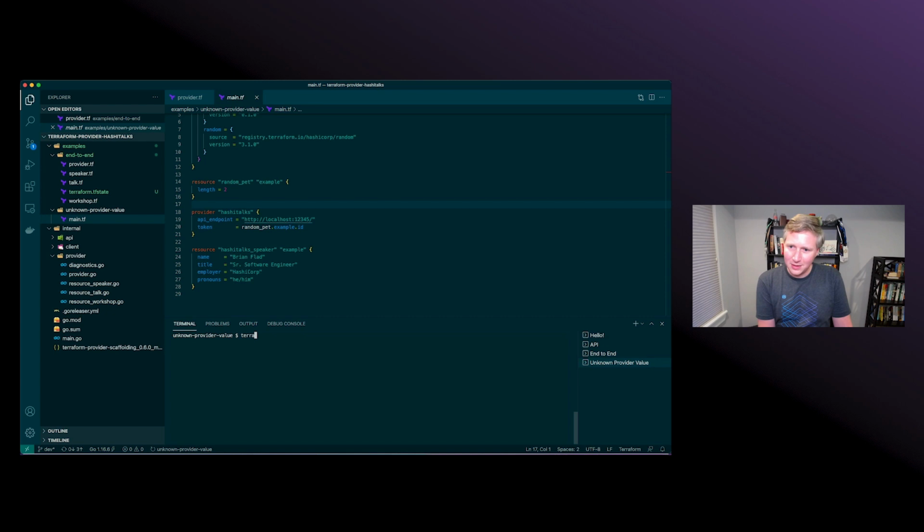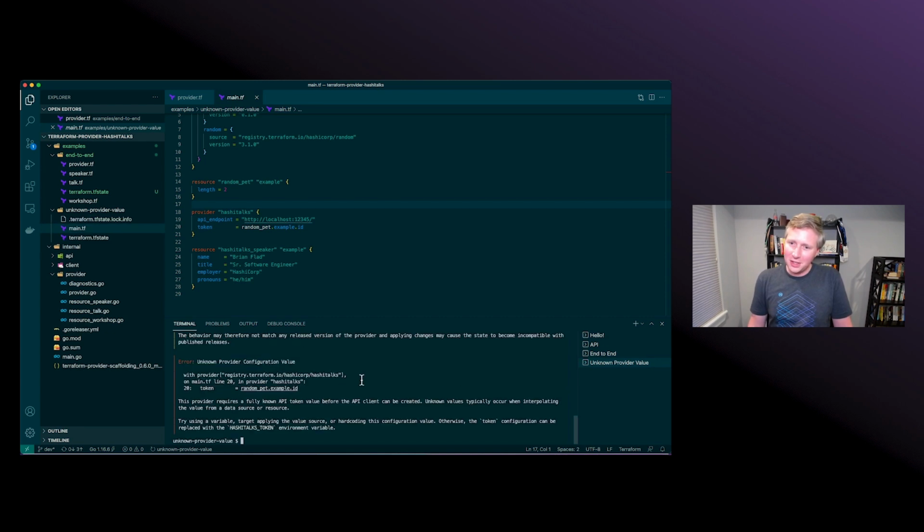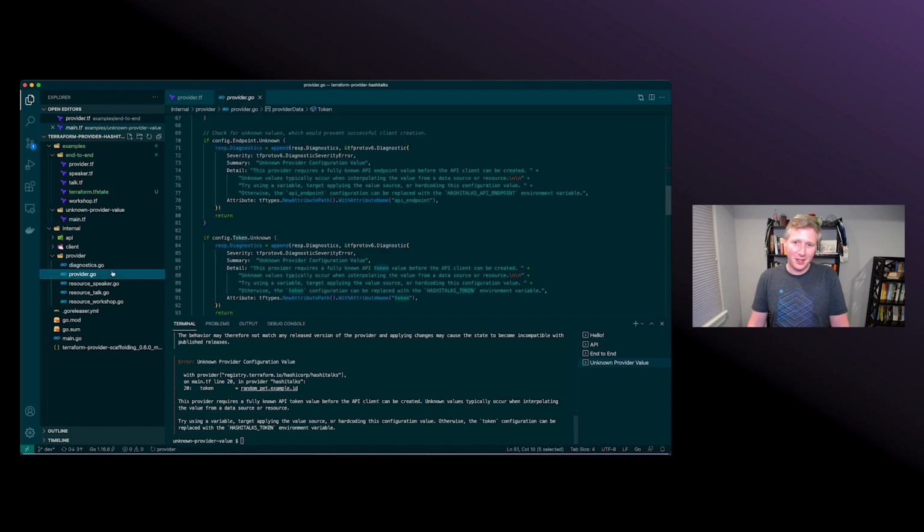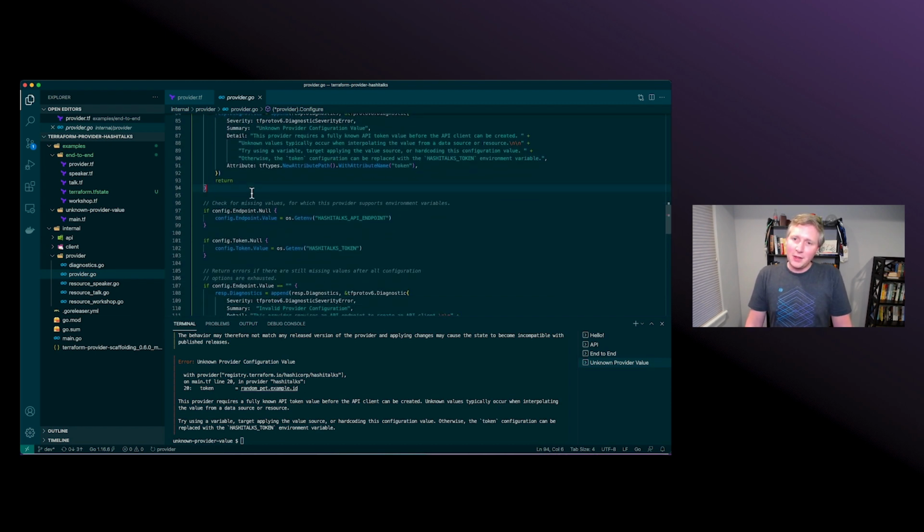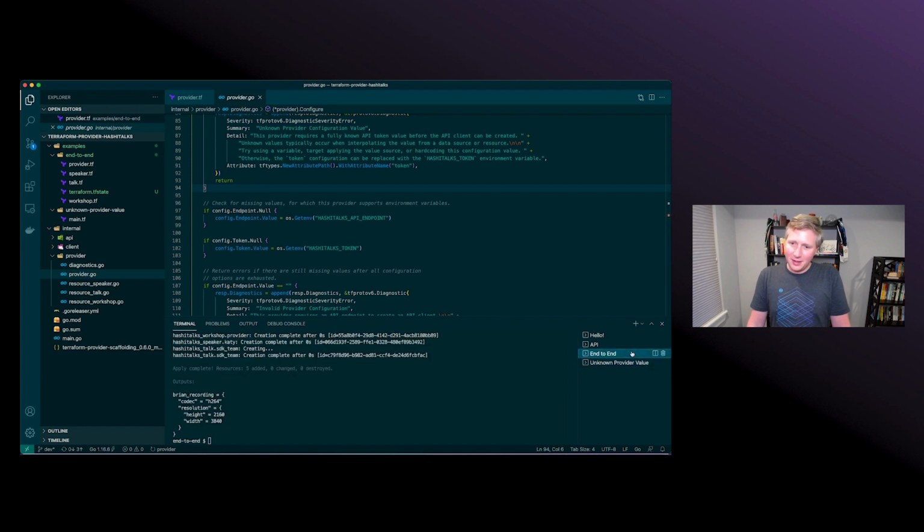And if we run this configuration here, we now can see that we've caught this error as we defined in our provider here, and we can provide much more information about what they can possibly try as a practitioner to work around this situation or understand it better, which is pretty neat. So let's say, for example, that there wasn't actually information provided for the token or the API endpoint. So in this case, we provided the token as an environment variable,